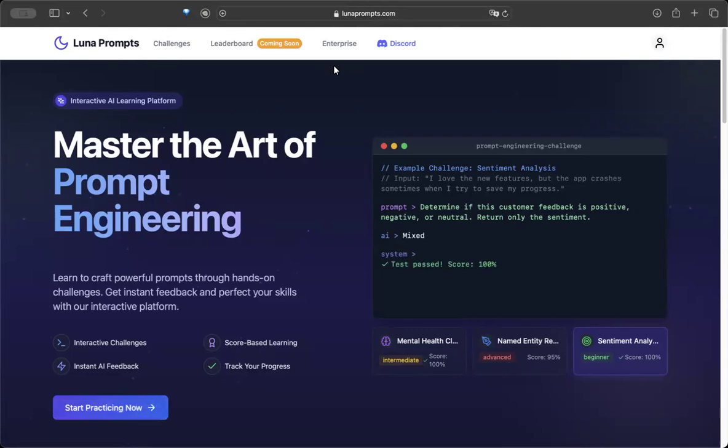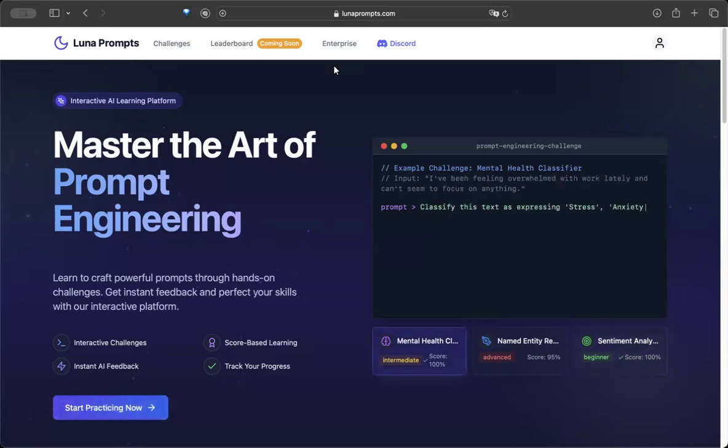Today I'm going to do something a little bit different. We're going to solve a prompt engineering problem from lunaprompts.com. And in case you haven't heard of them, they're a new platform that brand themselves as the LeetCode for prompt engineering. And it's something that I'm very excited about because I think that a lot of people nowadays are